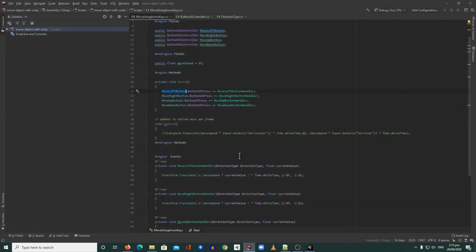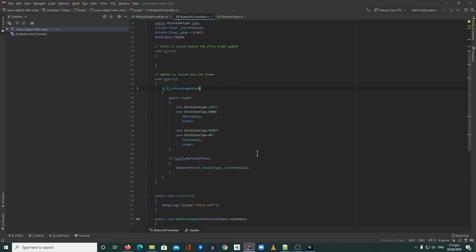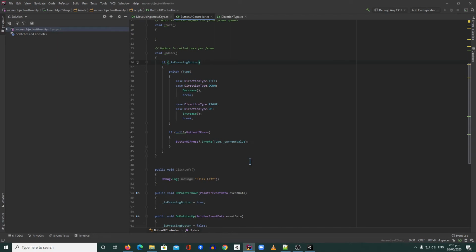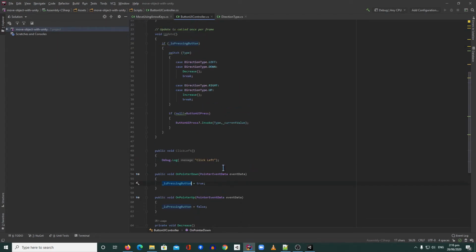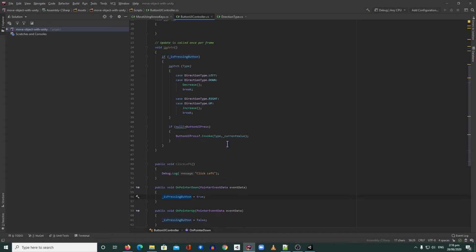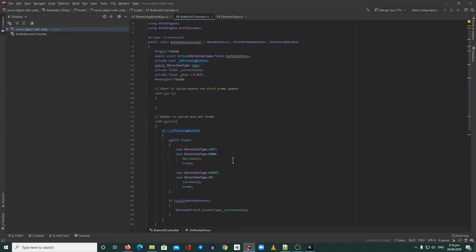Let's see what happened. We're going to go to the button UI, and then yeah, we see that it's changing here, and then the type, yeah, it's been using. So